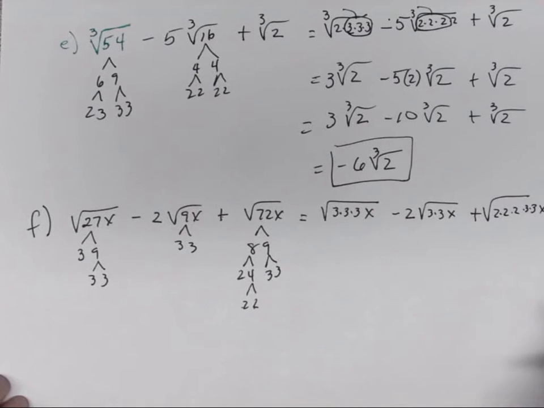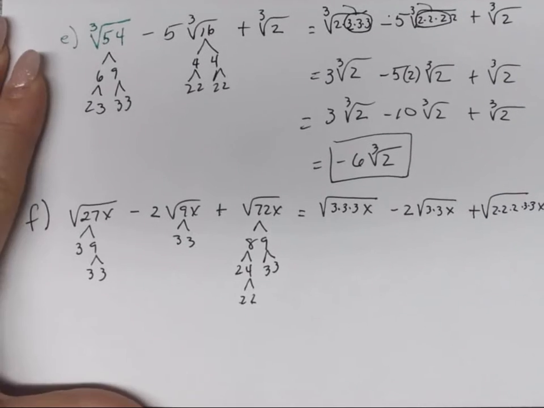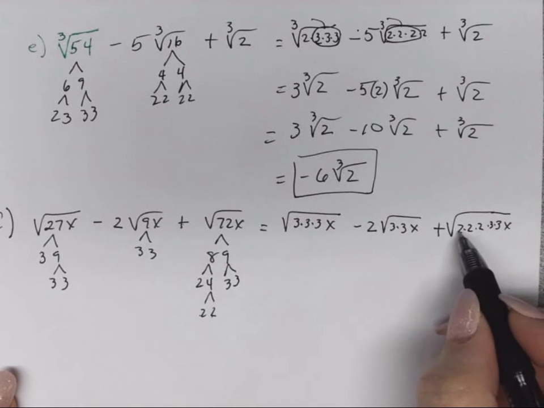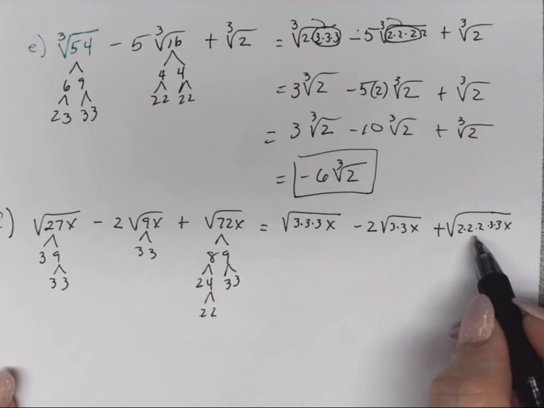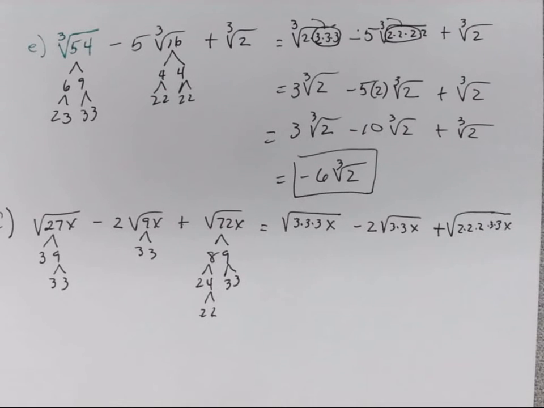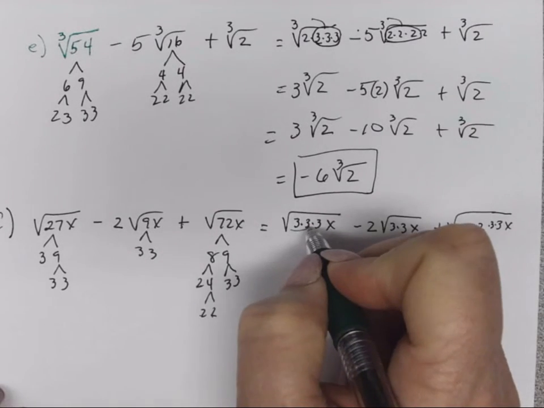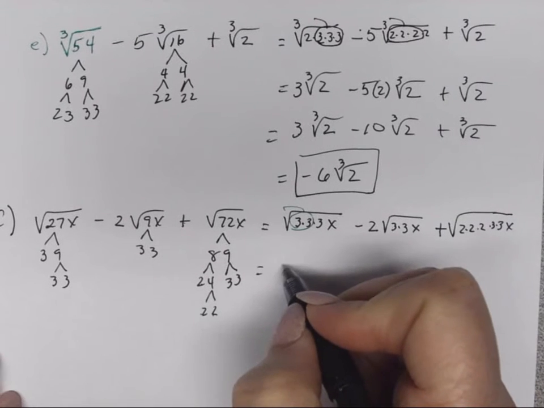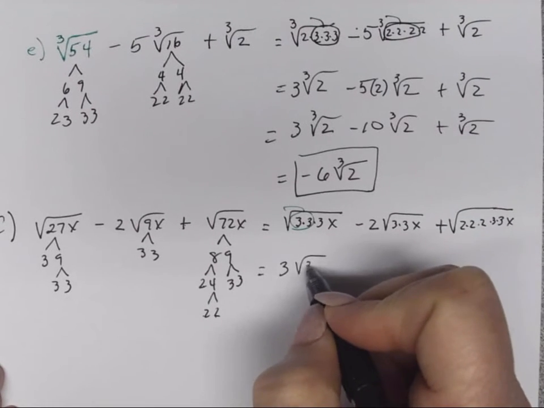So one of the things to always remember when you're doing these, you can always multiply all of your numbers back to make sure you get back to your original number. So make sure you didn't leave off anything or you put in too many. All right, so here we're looking for a group of 2. So I have 2 3s that can come out. So that will get me 3 square roots of 3x